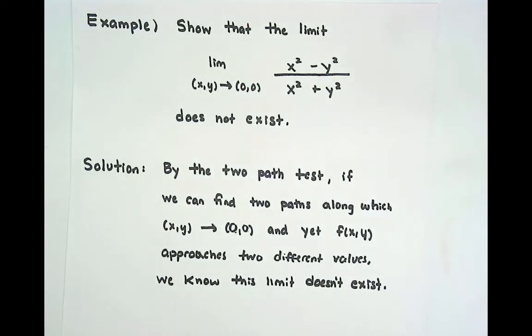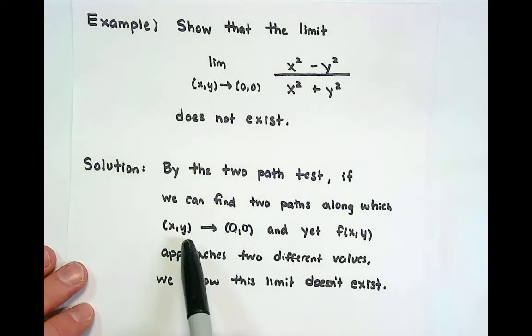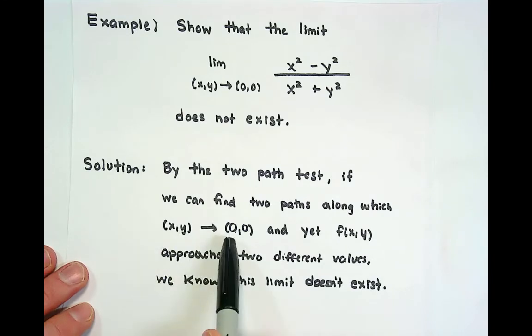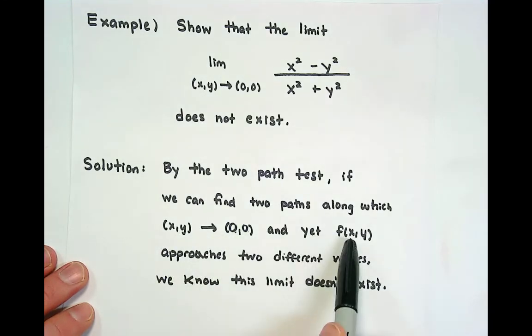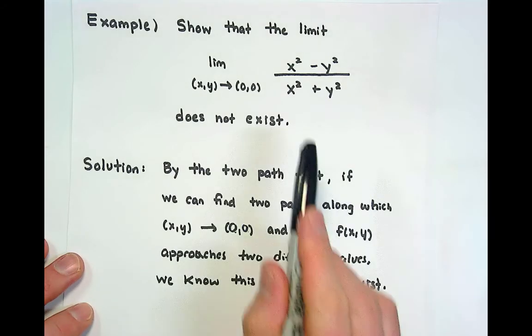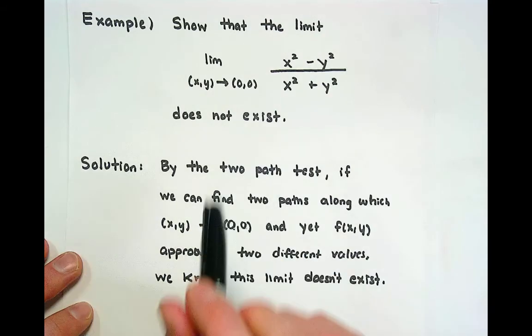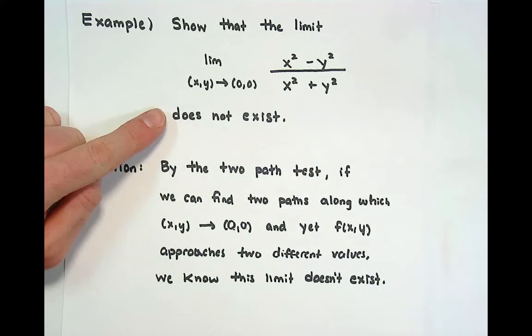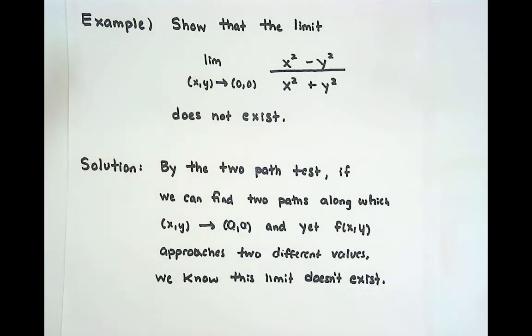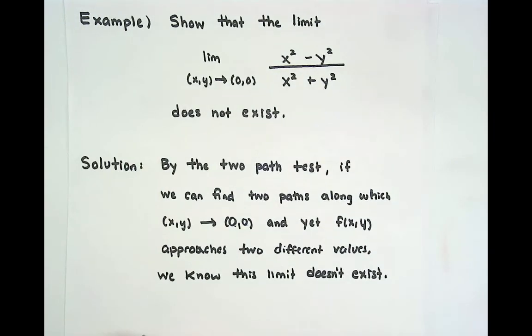We're not sure what this limit would be, but we do know if we can find 2 different paths where the input x y approaches 0, 0, and along those paths the output f of x y approaches 2 different values, we know this limit wouldn't exist. By the problem statement, we're given that the limit shouldn't exist, and so we might imagine, well, how could we confirm that? Remember, we just went through 5 different paths that we can test, so let's test